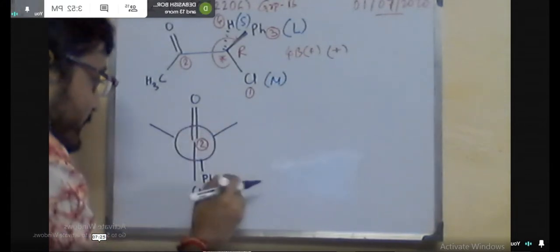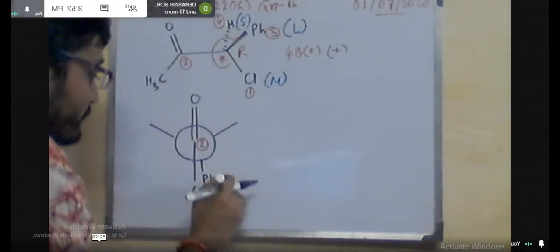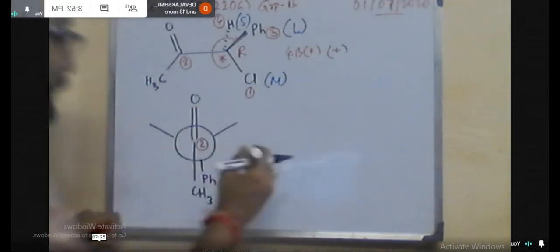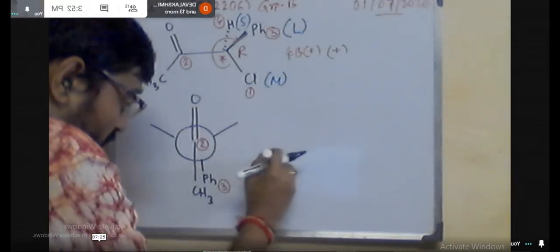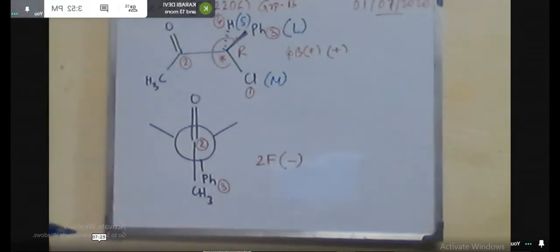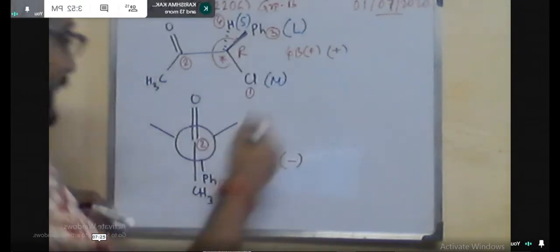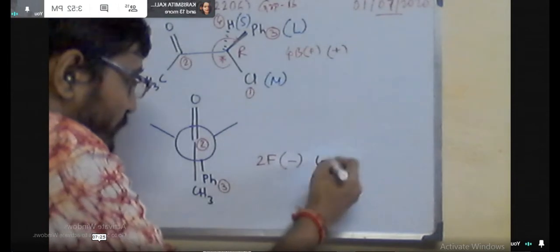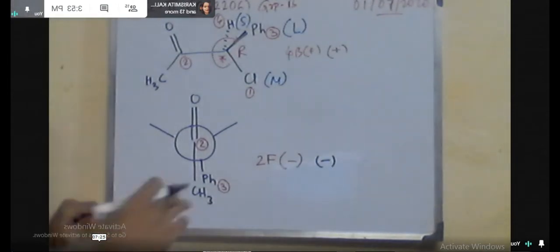Now here you can see this is 1, this is 4. Now the rotation is 1, 3, 4, that means anti-clockwise, minus. So minus into minus is plus. So that means we have maintained the configuration of the chiral center. So this should be the model. That means this is the medium group, this is the large group, and this is the small group.